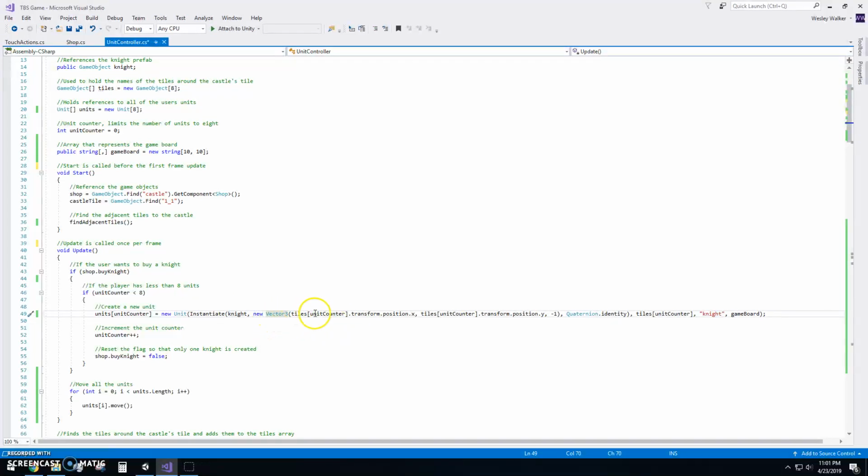So we create a new vector3 object and pass it to the constructor. It has the position of the tile in the castle, because the way the code works, as the unit counter increments, it travels around the castle. So it'll start at the left tile and then go all the way to the bottom left tile, clockwise around the castle. So if this were the first one, it would be,